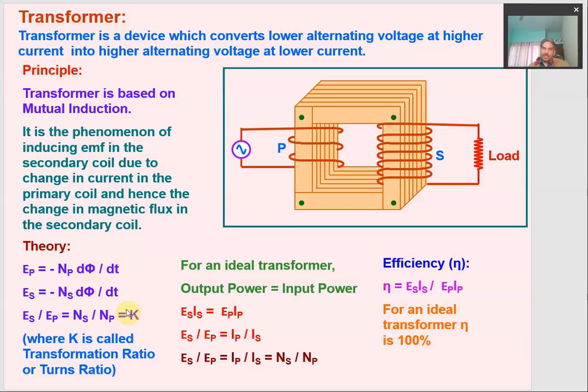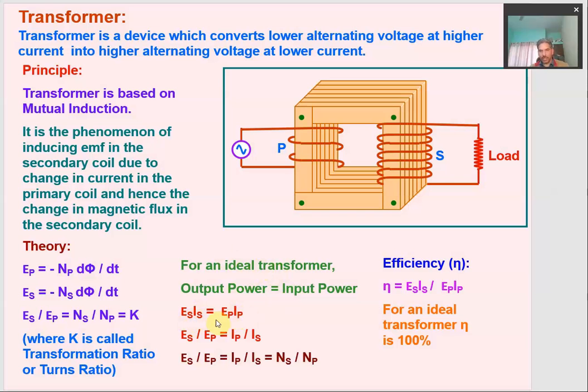Okay. And if the transformer is an ideal one, it means there is no loss of energy. That means in such a kind of transformer, whatever input power is fed to the primary circuit will be received at the output circuit. So for an ideal transformer, output power is always equal to input power. So output power is nothing but the EMF in the secondary coil multiplied by the current in the secondary coil, which is equal to input power, which is the product of EMF in the primary coil multiplied by the current in the primary coil. So this will be the same for an ideal transformer with no loss of energy.